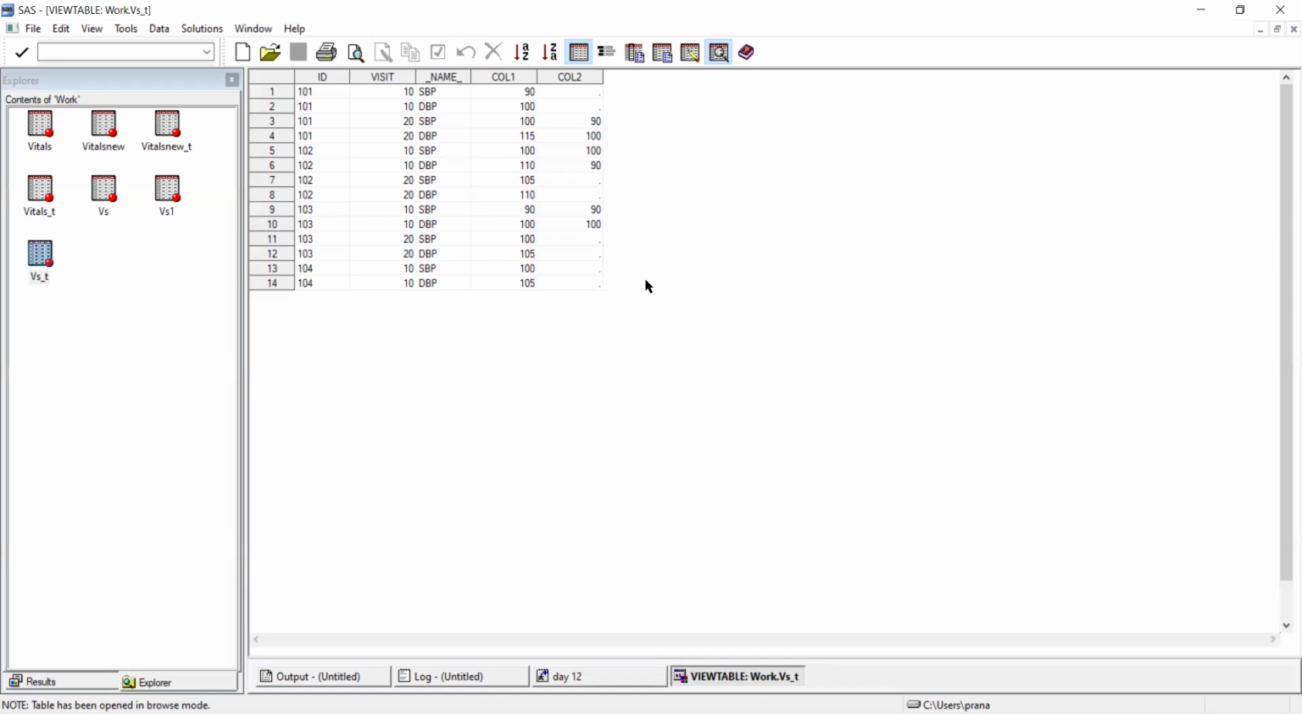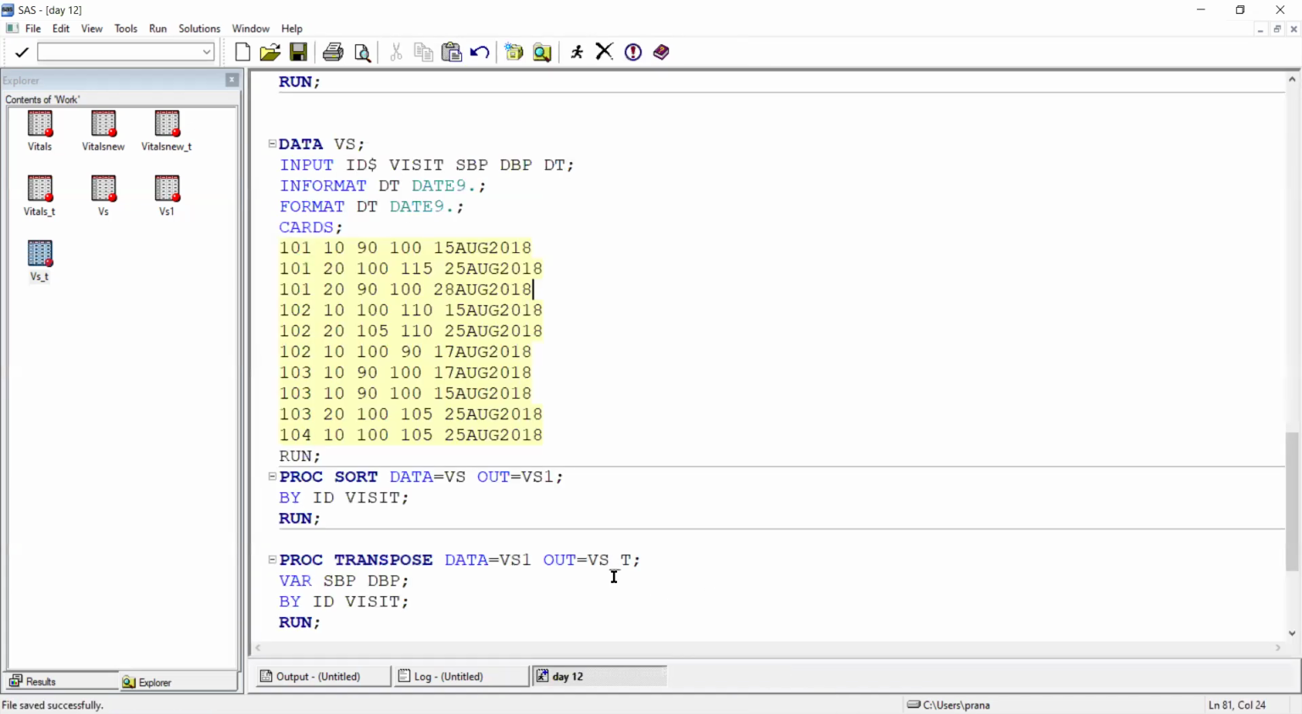Here, I think some values are missing. We got missing values, right? While we are doing transpose, first we have to check